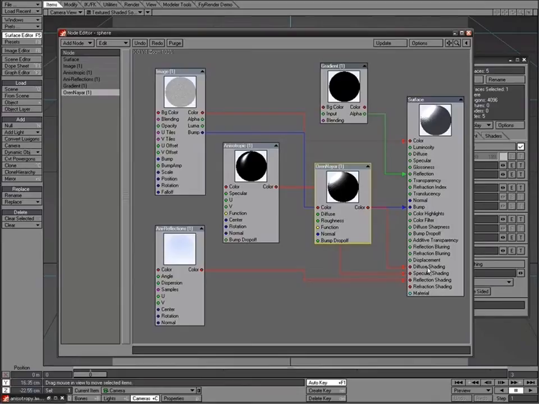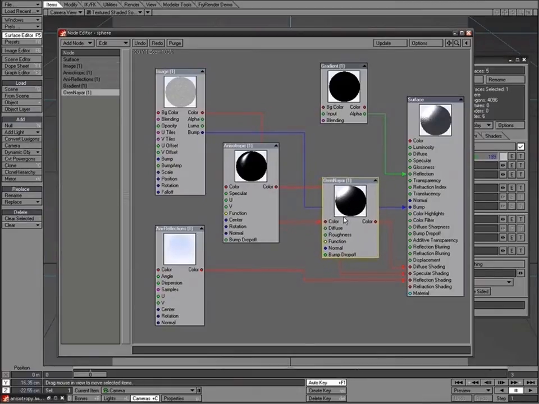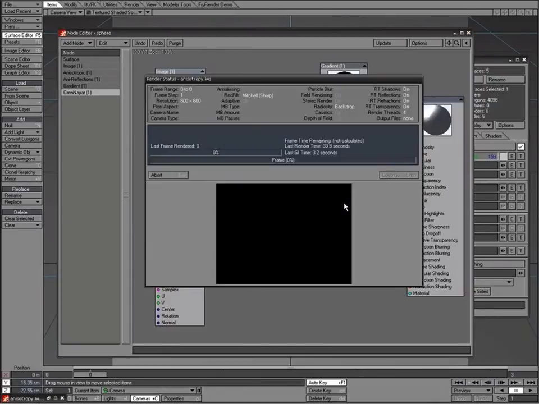As we were saying before, these shading channels override the other ones. So now that we've plugged this into this, the image map is no longer being used. So we need to disconnect that one and plug it actually into the input of the colour on the RNI shader and not the default one. So now if we F9 that